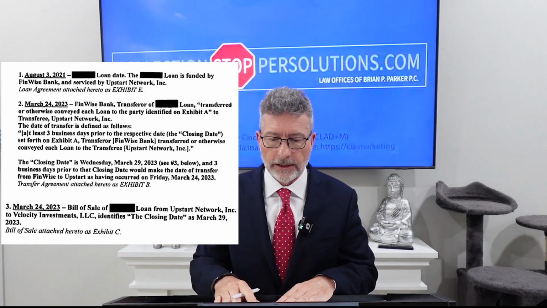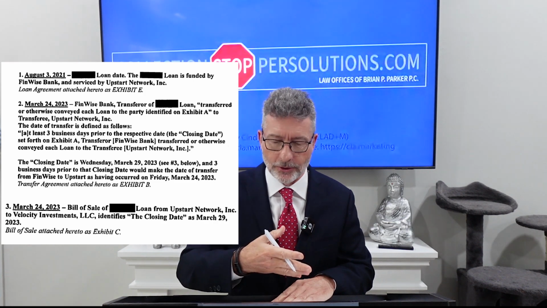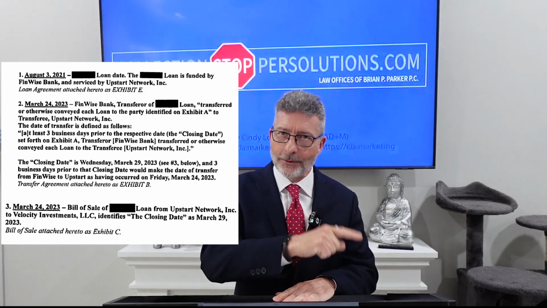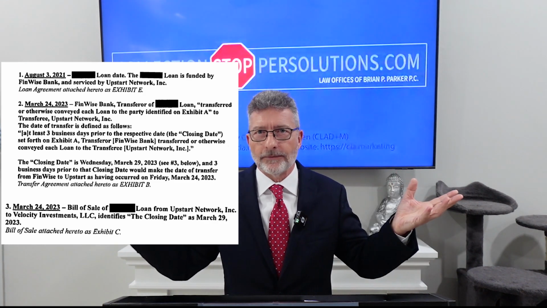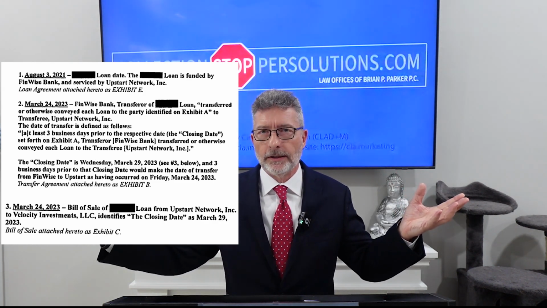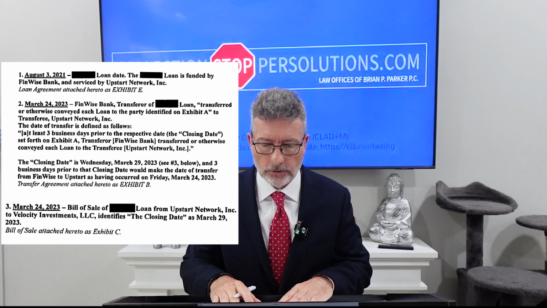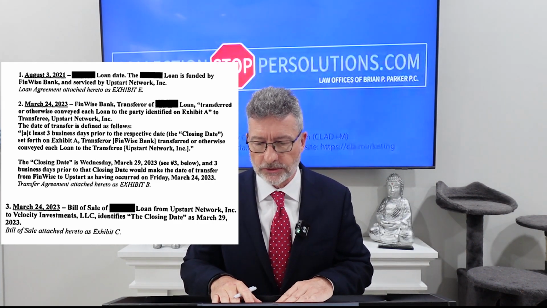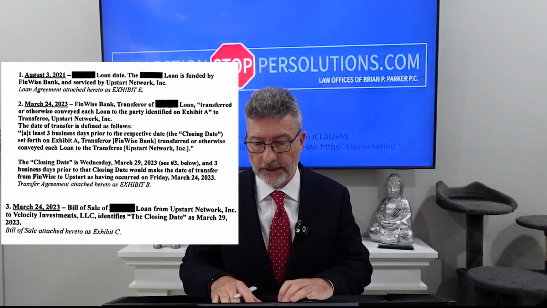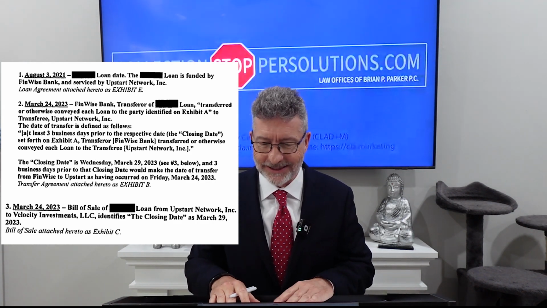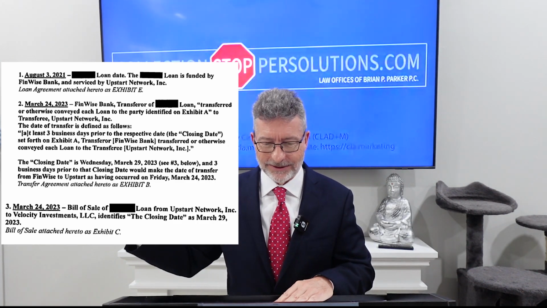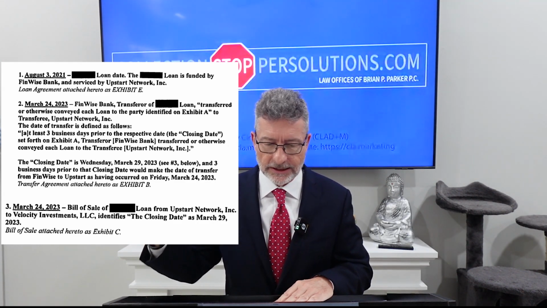Although their own document number 1 is now claiming that FinWise is the original creditor, as the loan agreement does, that is different from the beginning of their summary motion. This is enough for me to show that there's a dispute just by their words and actions, but I'll quickly go on. March 24th, they say FinWise Bank transferred or otherwise conveyed each loan to the party identified in Exhibit A, and they go effectively into some date argument, which doesn't make a whole lot